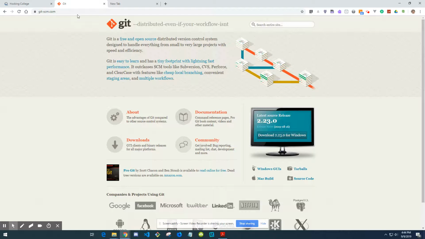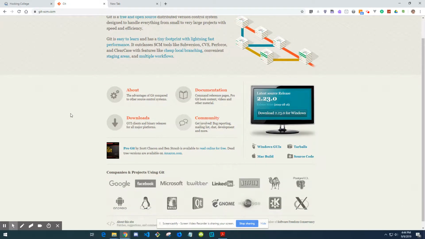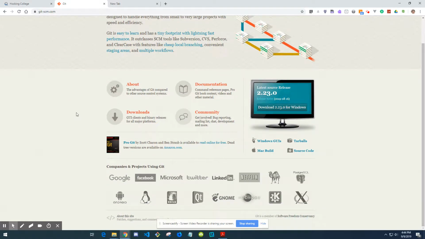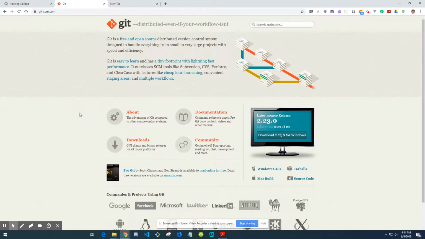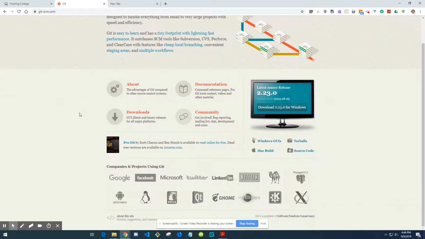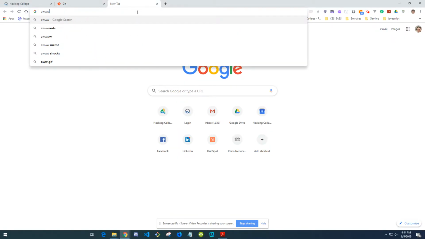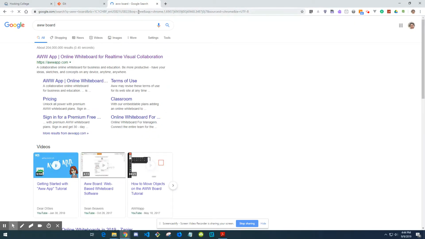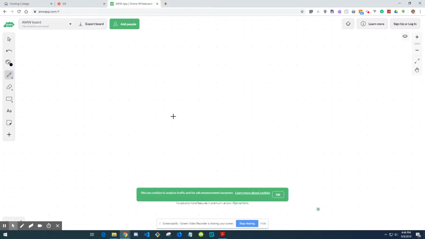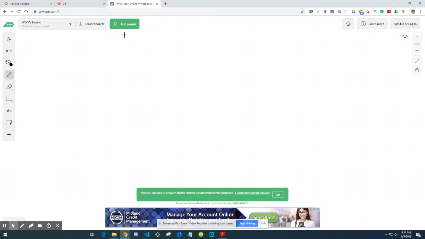And this is the official Git website. So what we're going to do is explore a little bit about Git and what it is, and why I made you guys do that GitHub stuff. The best way that I can describe GitHub and GitLab and CodeCommit for AWS is to compare it to a